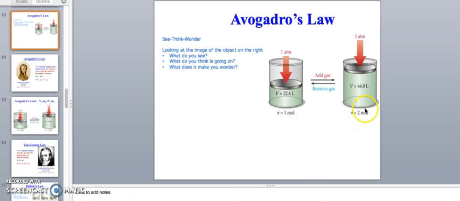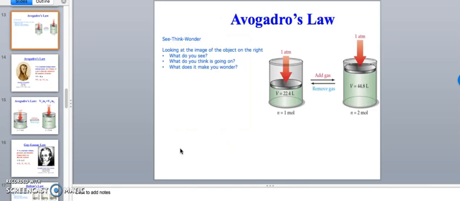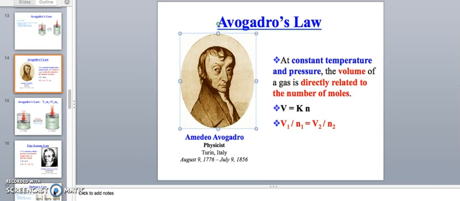Quickly going through the slides for Avogadro's law. So at constant temperature, the volume, that was at constant temperature, and we have been working with constant pressure. Okay, so quickly, sorry for the confusion, but it has to be constant temperature and pressure. So in the OneNote, you'd have to write constant pressure as well. So that's the end of Avogadro's law, and we'll continue